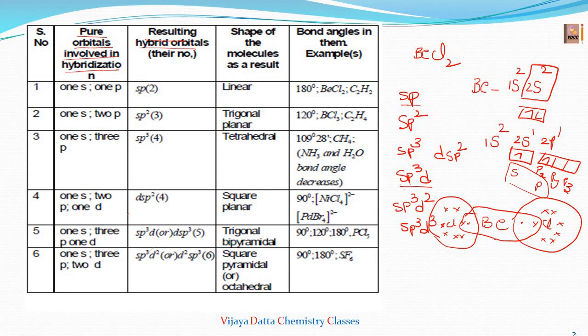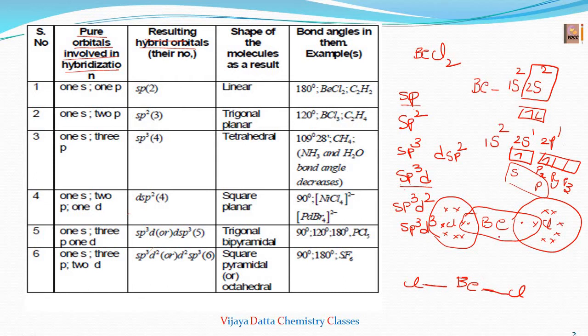Actually, we know that elements from boron onwards are stable with the octet configuration, and up to beryllium they are stable with the duplet configuration because they have very few electrons. Then beryllium has 4 electrons now and chlorine has 8 electrons. The overall structure here is BeCl2. See here, now the beryllium has the electrons here.